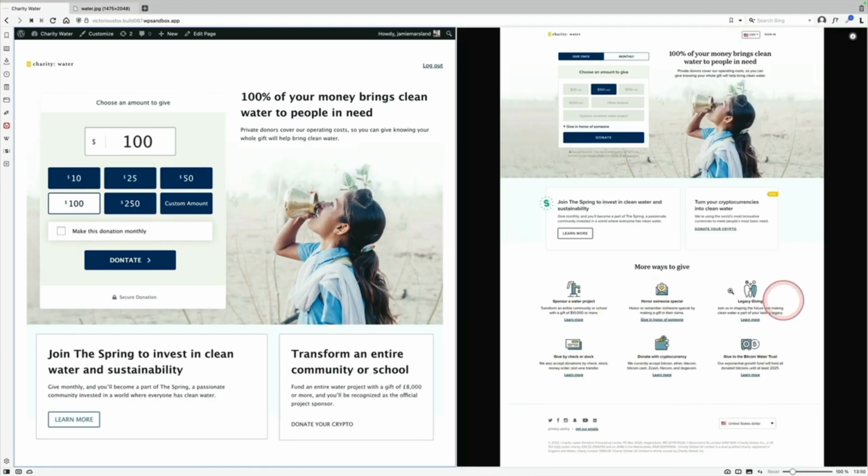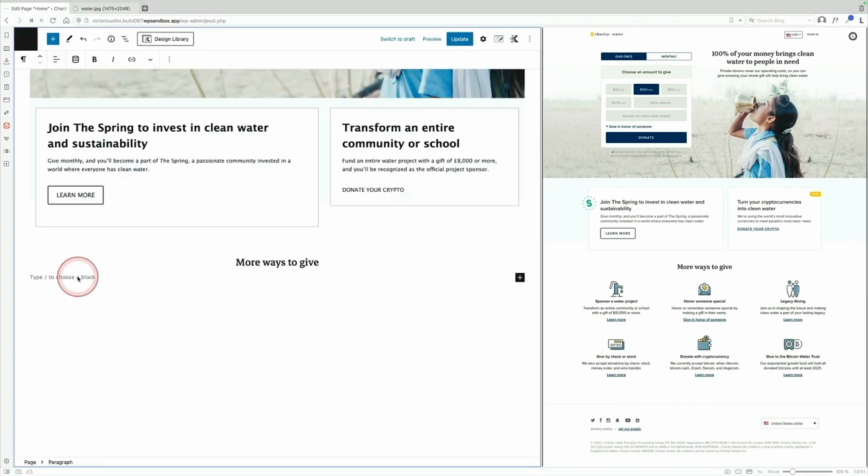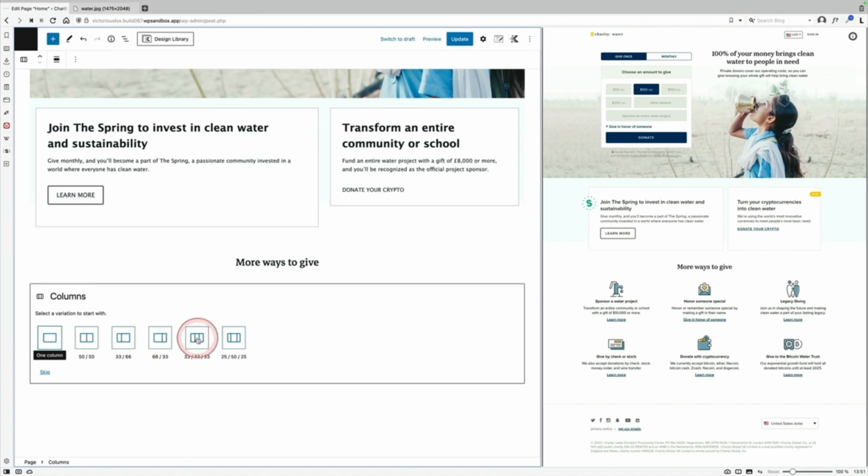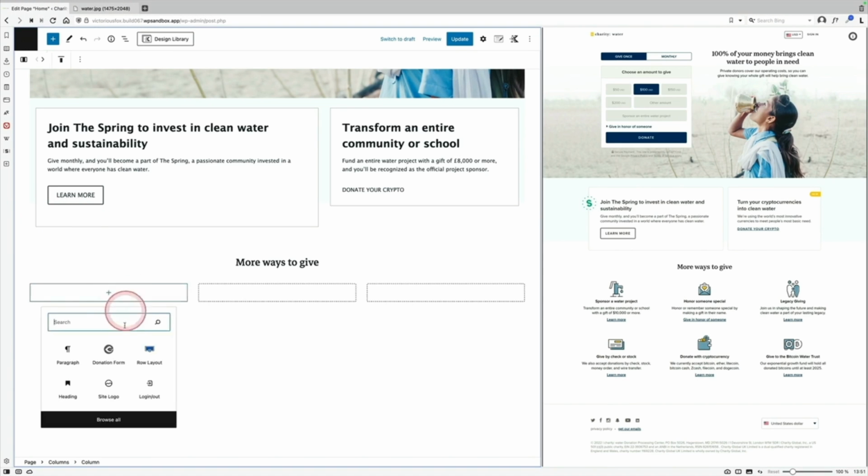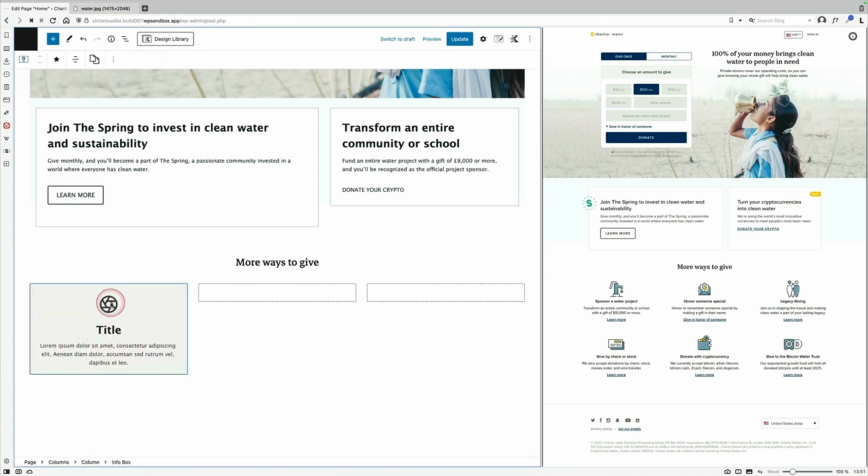Next, all I have to do is these little 6 boxes down here. The way I'm going to accomplish that is I'm going to combine the core Gutenberg columns block. I'm just going to choose 3 columns here, this option here, and within each one I'm just going to put the info box block, which comes as part of the Cadence blocks, and that will just give me the setup